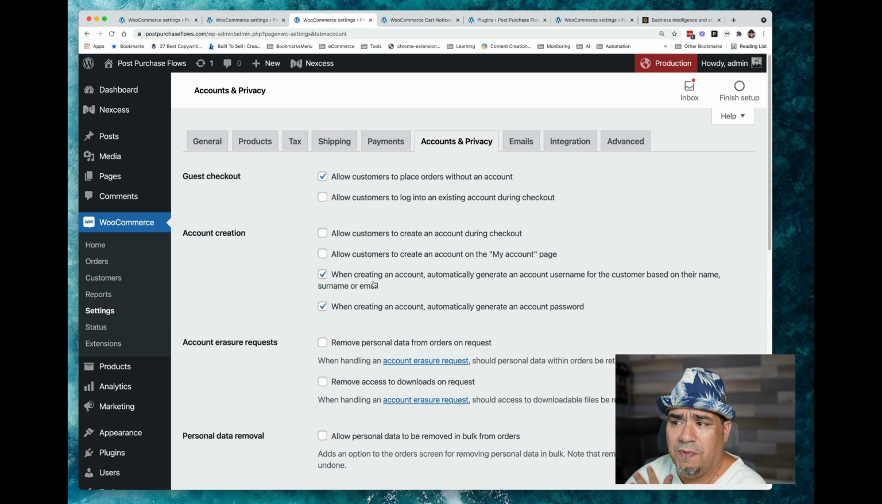I'm not going to check this box, but I'm going to automatically use their email and I'm automatically going to create a password, meaning I'm not asking for the user to do anything, right? Either way, you want to have that conversation. Now,